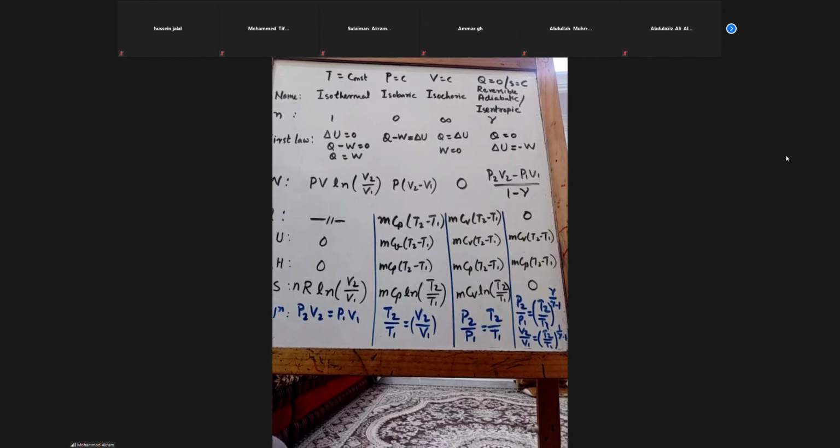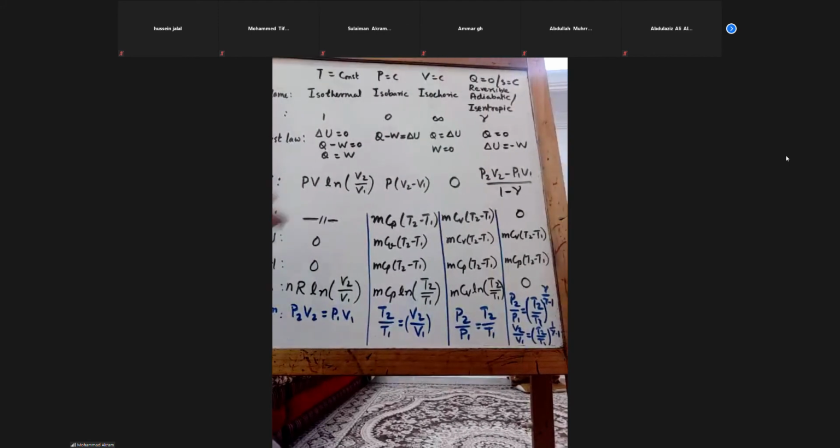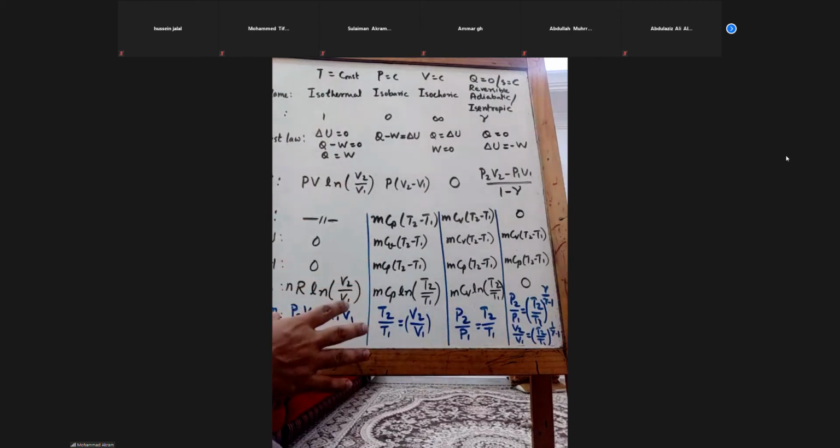Please take the screenshot. Before the next class, you have to write this clearly and neatly again, because this is important. This is like lifelong learning. If you remember this table, this will clarify your mind for almost all processes in thermodynamics. You will need the understanding of these equations till graduation, even in the masters or in your future work, if you are going into technical work.